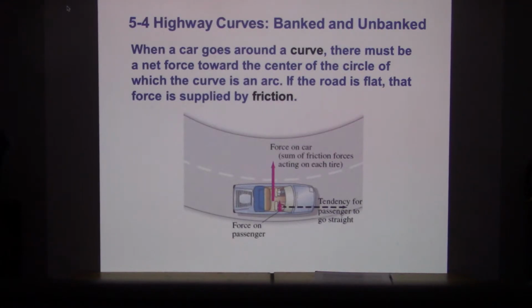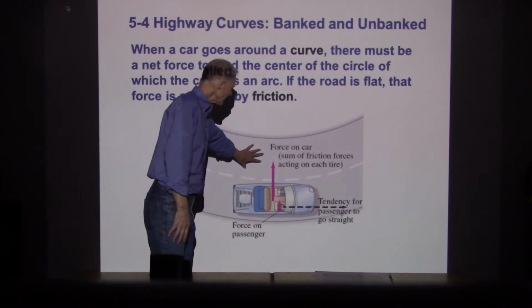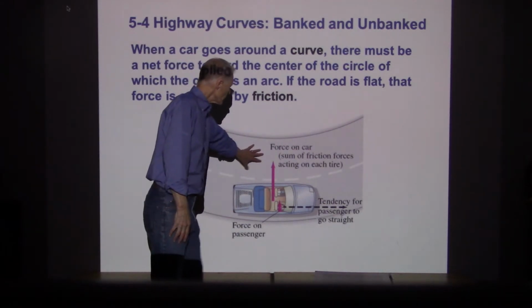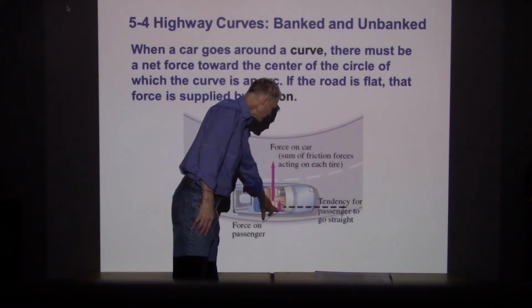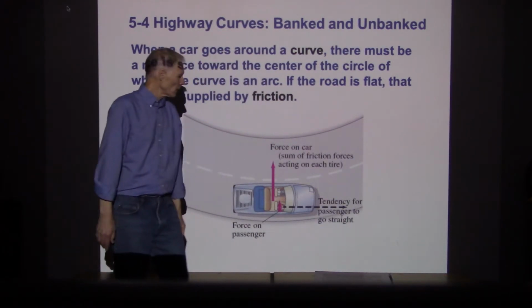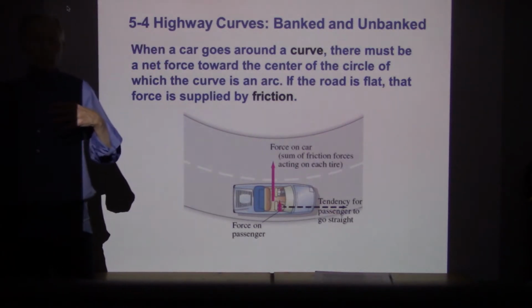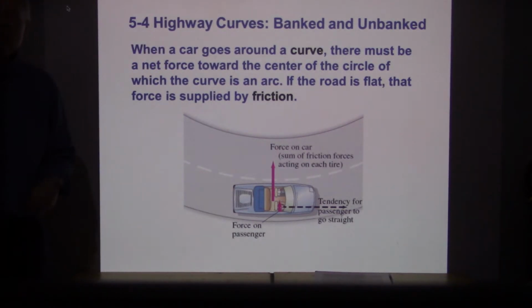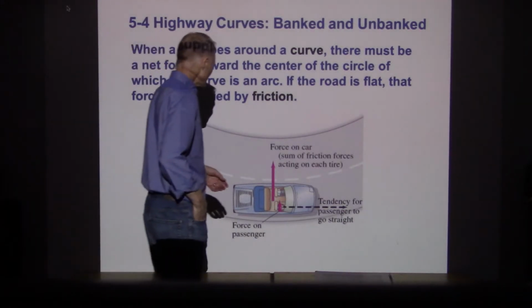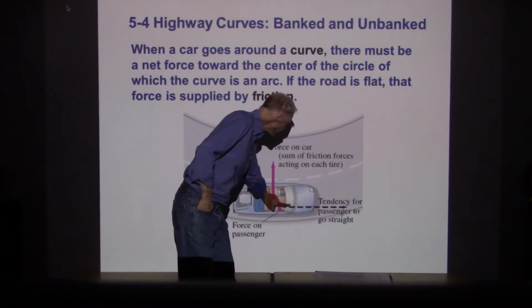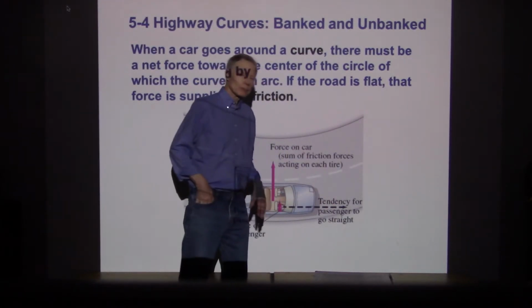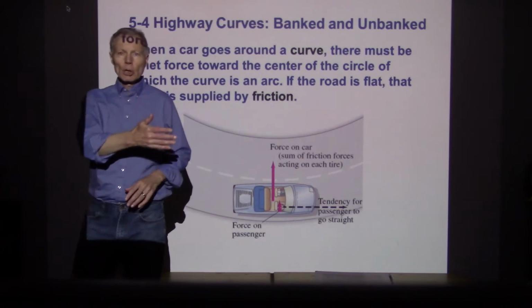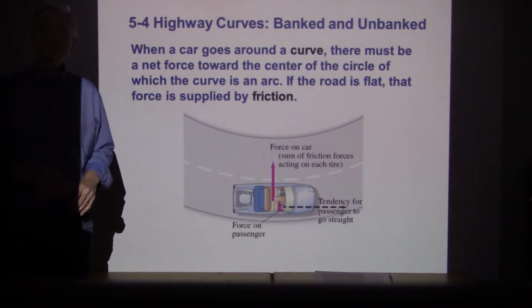If I get pulled to the right, I'll turn to the right. So I'm going to need a force acting on this car to pull the car in that direction. Now, if I'm a passenger in the car, if I'm an object inside the car, anything in the car is currently going in the forward direction. So all of those objects are going to tend to go in the same direction